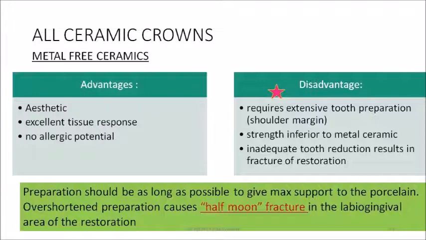Compared to a metal crown, a ceramic crown will require more tooth preparation to accommodate the restoration. This is because the ceramic is a brittle material, and if sufficient tooth preparation is not done, it leads to fracture of the restoration. Then the strength of an all ceramic restoration is comparatively less than a metal ceramic restoration. In metal ceramic, since the metal is there as a substructure, it can hold on to more heavier occlusal forces. But since in all ceramic, the compressive strength is comparatively less.